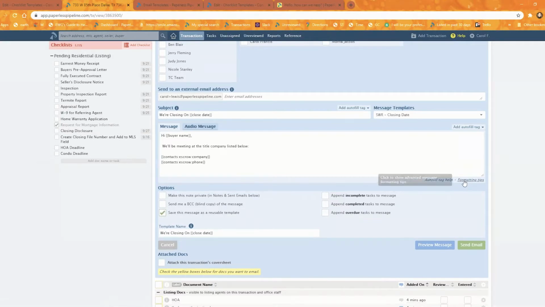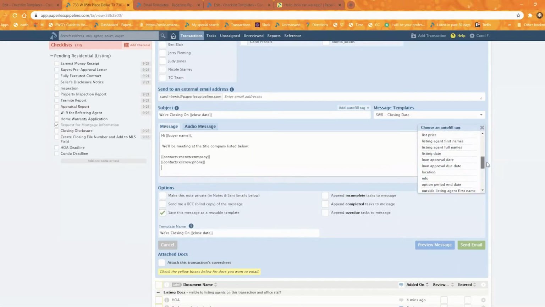And that leads into the last one, which is autofill tags. If you use your message templates in conjunction with your autofill tags, you will save a ton of time. These are autofill tags here, right? They live under this little drop down here, and they allow you to insert information from the transaction based on whatever tag you select. So for example, if I wanted to include the agent's first name, I can select agent first name. And typically I'll embed that in my message, dear or hello, agent first name, comma,